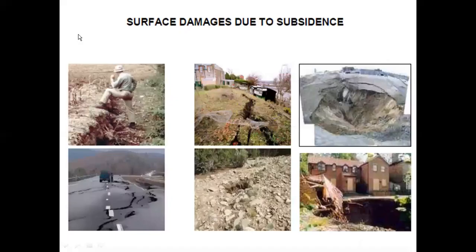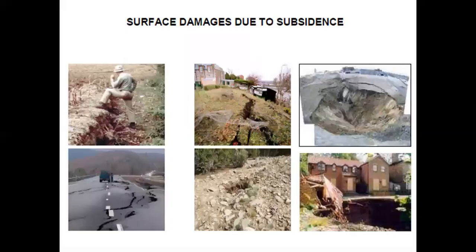Okay, let's move on. These diagrams basically depict how exactly the surface gets damaged in the event of a shallow deposit due to mining activity. In this case the road got completely damaged. These are the cracks that developed near the housing location. This location got damaged, and there is some kind of pothole here. So this depicts how exactly the surface damage might occur due to subsidence.